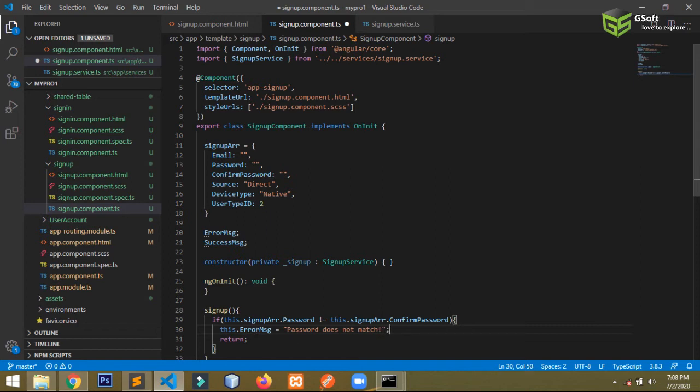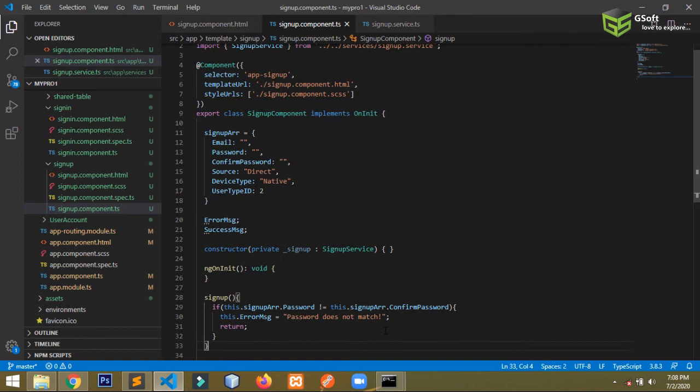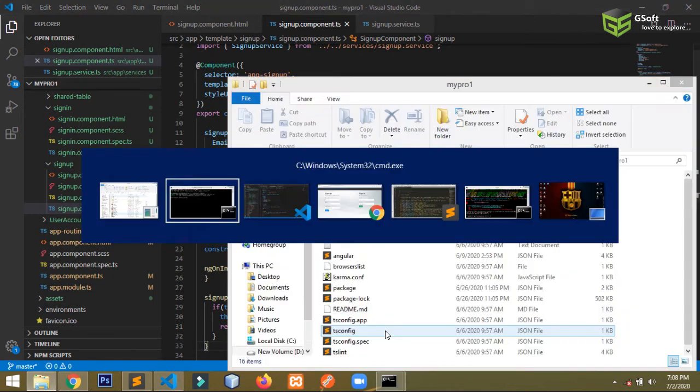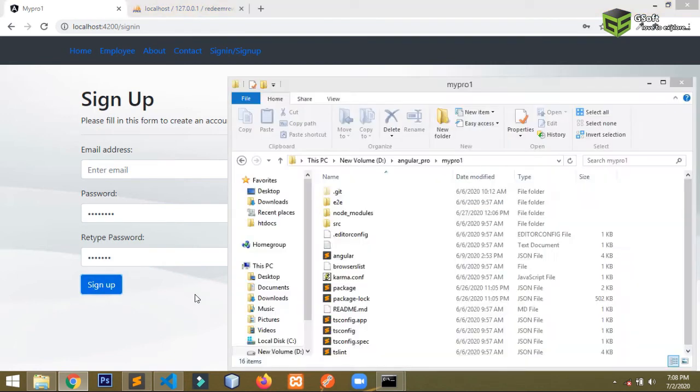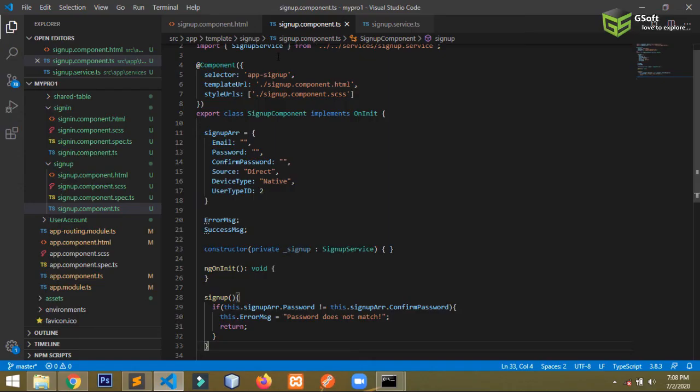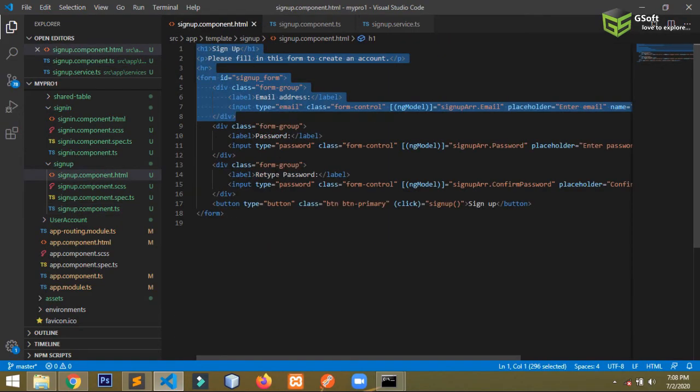Okay guys, and let me run and show you this much. So if I write here anything and retype password, I will write anything, and when I click on sign up button, it should show error, but it's not showing error because we have not defined it here.